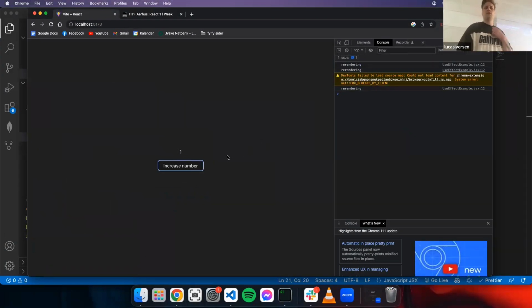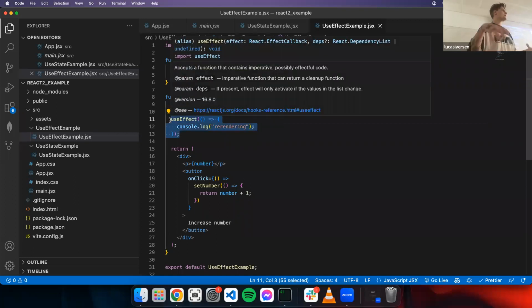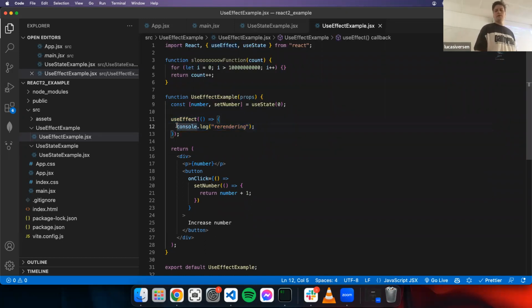Yeah, so when I change the state, I'll also have a render, right? So every time I increase the number, it re-renders my component. And that's how useEffect works in this form. Every time you change your state, every time you change your props, every time something changes within your component, a value changes within your component, it'll run a re-render, right? But